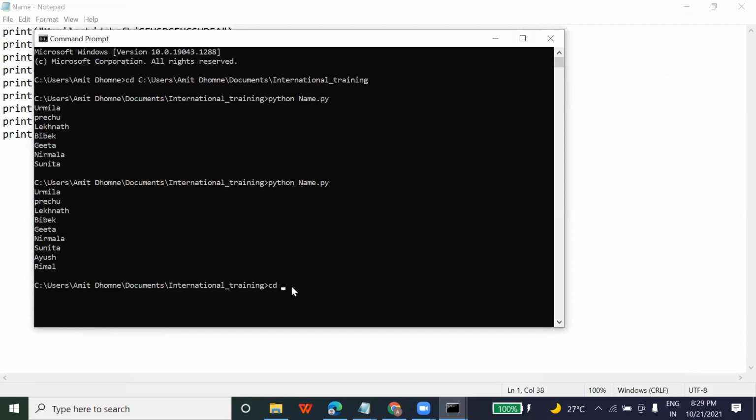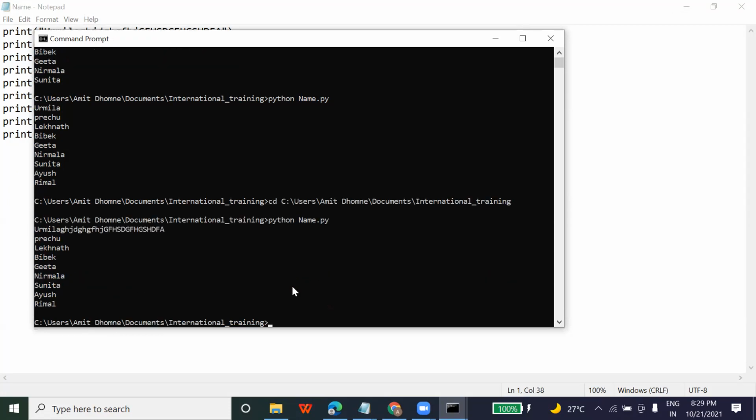That's the reason I told you the simple trick. Copy the path, press enter. Once you reach the path where you have the file, just type python and the name, and the name should be exactly what you have given. If you give a wrong name, you will get an error. So you can see whatever I have written here, exactly it is coming like that.